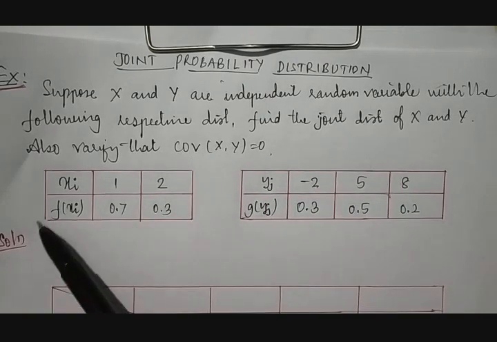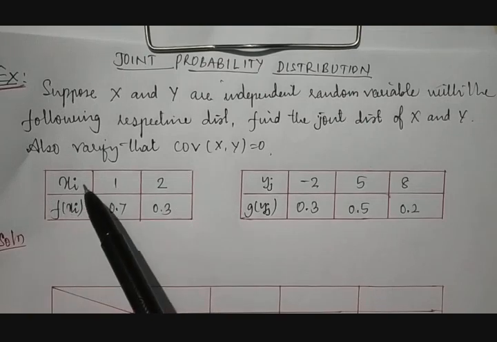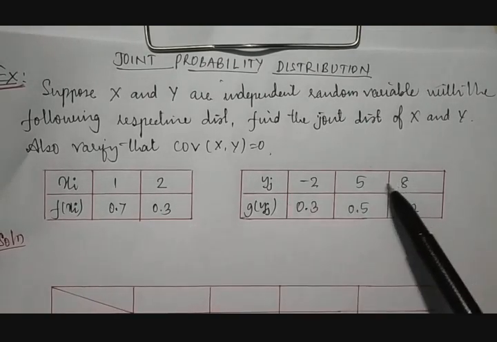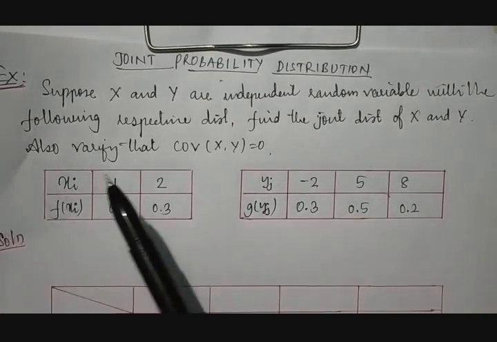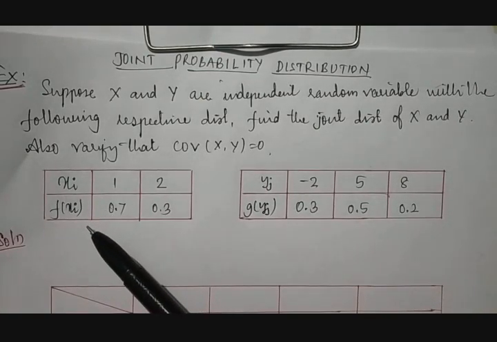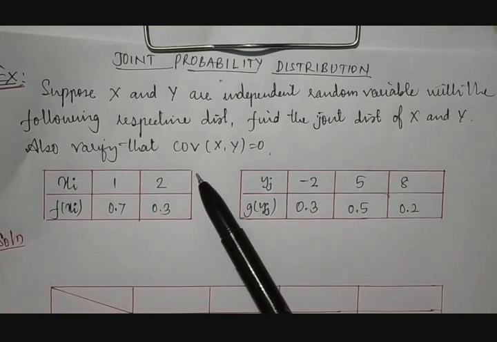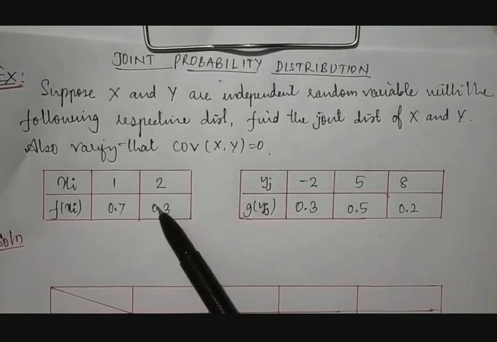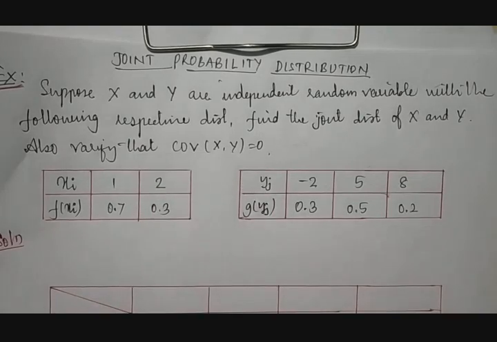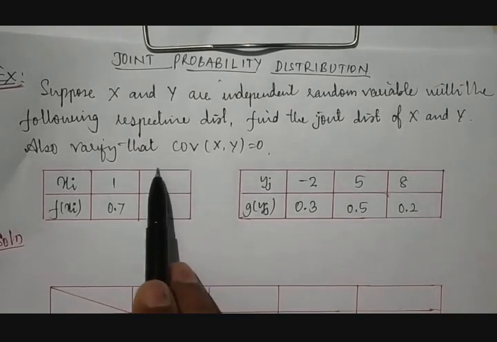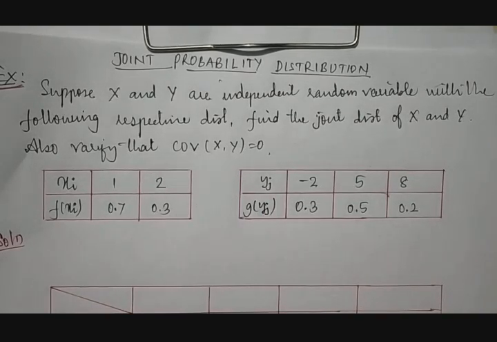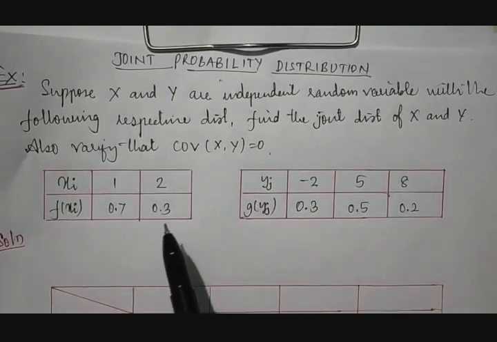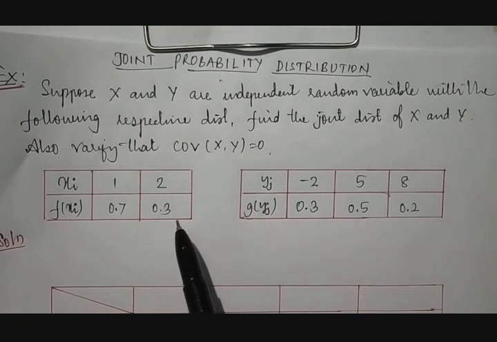That is there. So here the tables are given. In the table, x and f of x values, y and g of y values are mentioned. Very first, what to do? We need to construct a joint probability distribution table, because whatever is given is not a joint probability distribution. This is called a marginal distribution. These are marginal distributions given because separate values for x and separate values for y are given, therefore they are